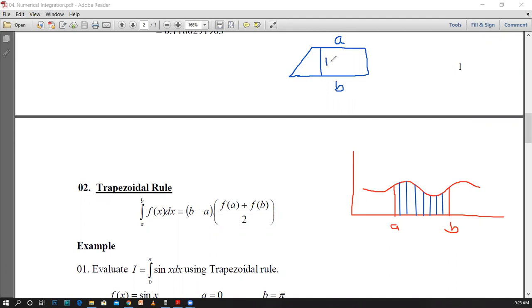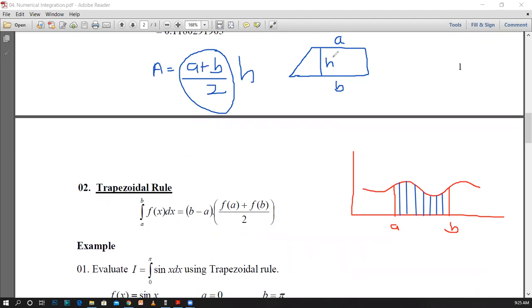Then we are taking this as how to get the area of the trapezium. To get the area of the trapezium, what we are going to do is get (a plus b) divided by 2 times h, the perpendicular distance. Therefore, here we are using the same concept. Here we are using the same concept, but instead of a and b, we are having f(a) plus f(b), and instead of h, we are having the b minus a value.